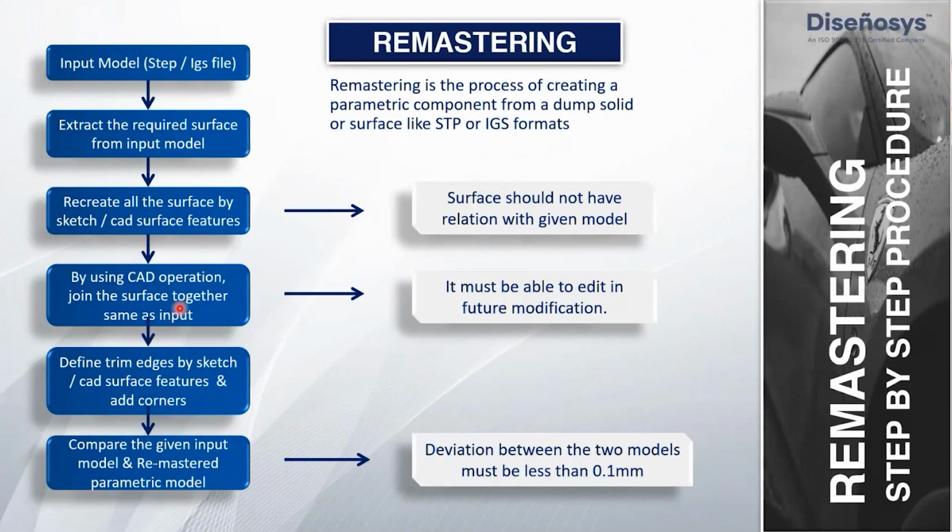Once the joining is done, we define each edge of the sketch and order them in specific geometric orders. This is actually the remastering process. Finally, we compare the old part with the parametric part. At the end of the day, you'll be creating a parametric model, and the parametric model should not have any deviation from the input file, and it should not have any reference to the input file. This is where 95% of the students